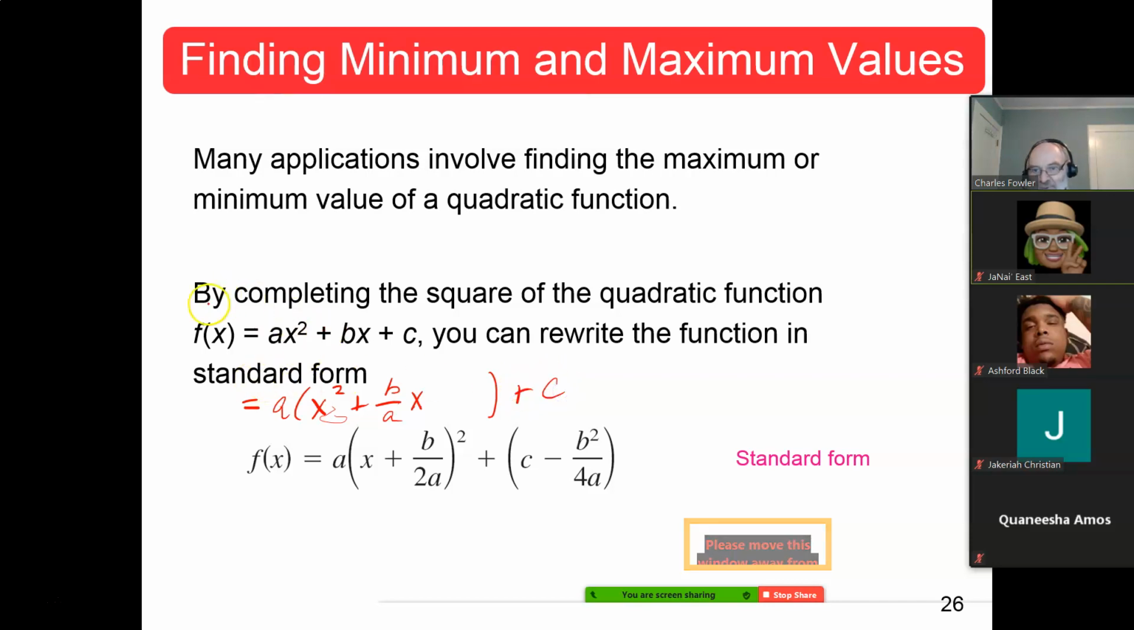Now that's the same form as we have here. If you do a times x squared, you get ax squared. A times b over a, the a's will cancel out. That would be bx plus c. Same thing. Okay? Then what's the next thing you do? You take half of this b term. So this will be a times x squared plus